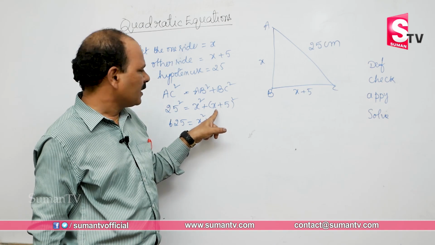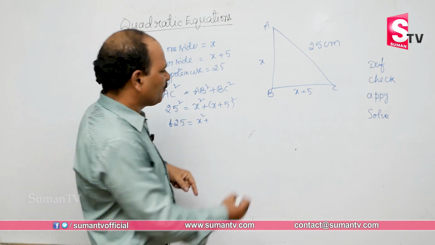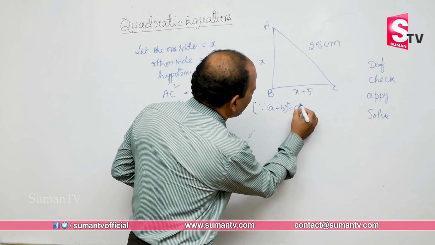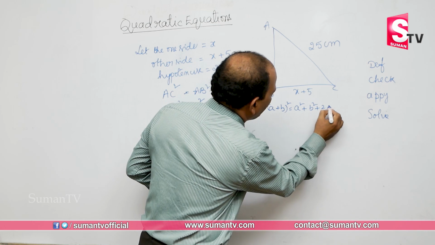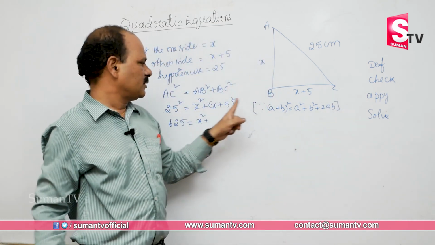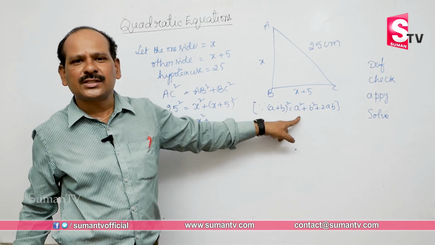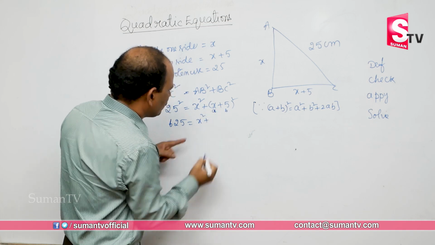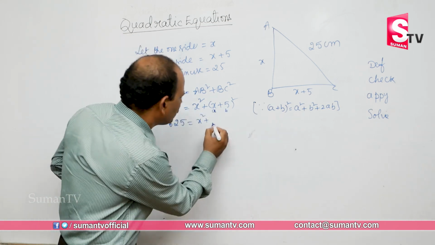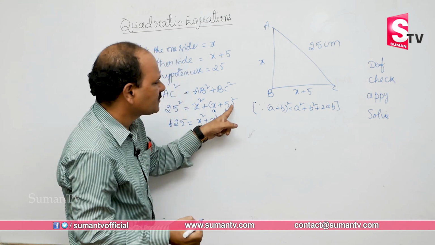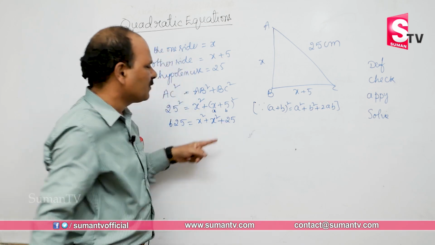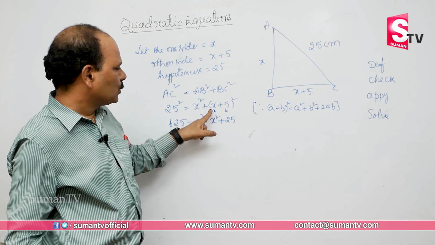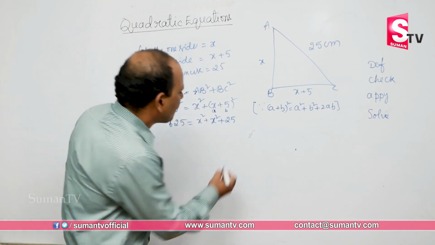This is in the form of (a plus b) whole square. So (a plus b) whole square is equal to a square plus b square plus 2ab. We have to expand the term by using the formula. So this is a, let us assume this is b. First a square, so x square plus b square, 5 square means it is 25. Next 2ab, 2 into x, 2x, 2x into 5,